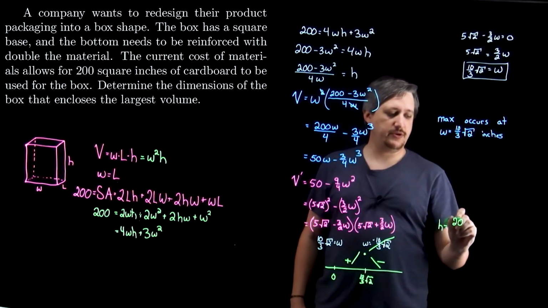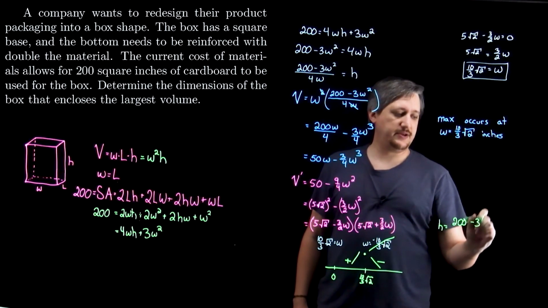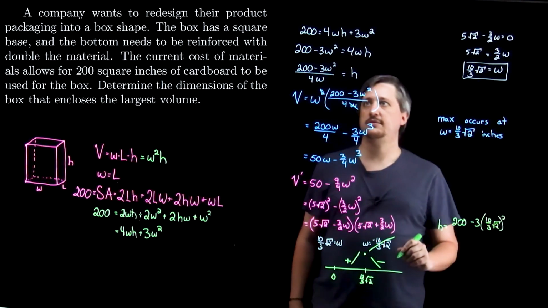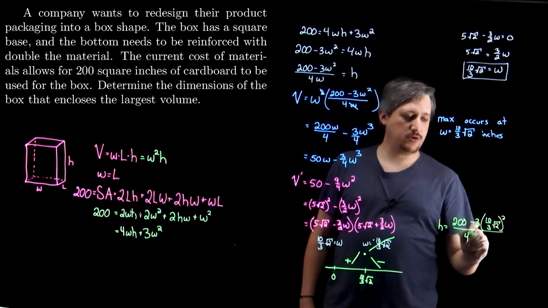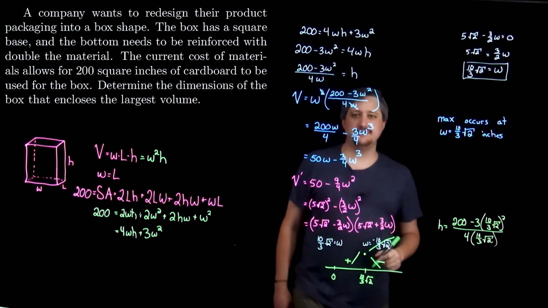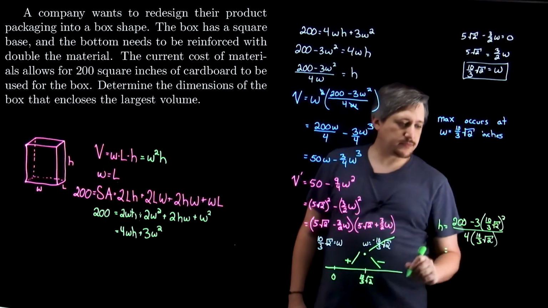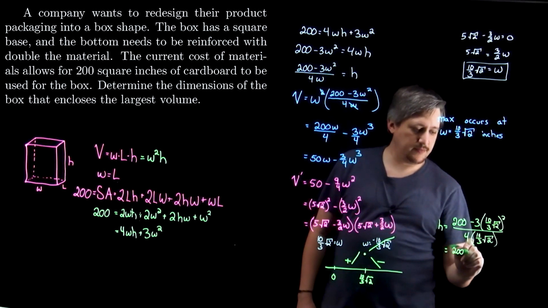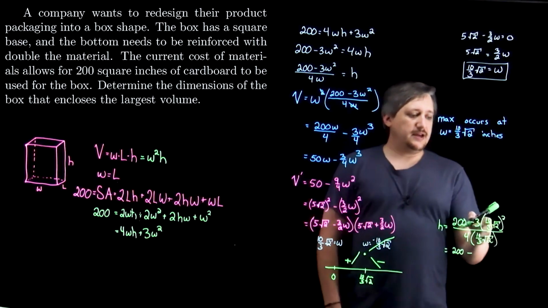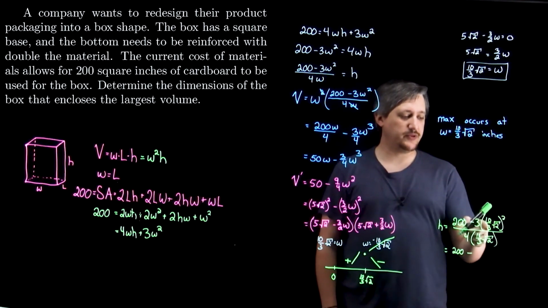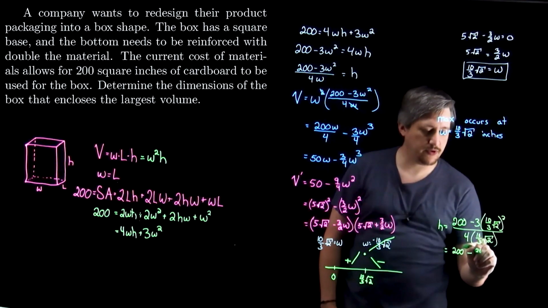is 200 minus 3 times 10/3 root 2 squared over 4 times 10/3 root 2. And yeah, this isn't a nice number, but it is what it is. Like we just roll with it. So I'm going to get 200 minus. So here I'm going to have 10 squared over 3 squared, but then times 3. So one of those will cancel. So I'll have 100 over 3 times 2. So that's going to be 200/3 over